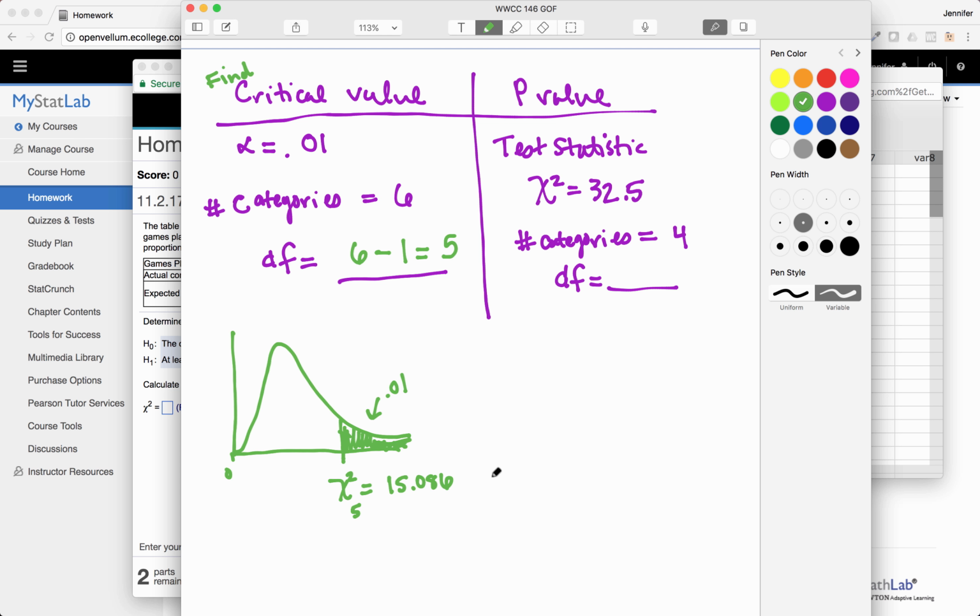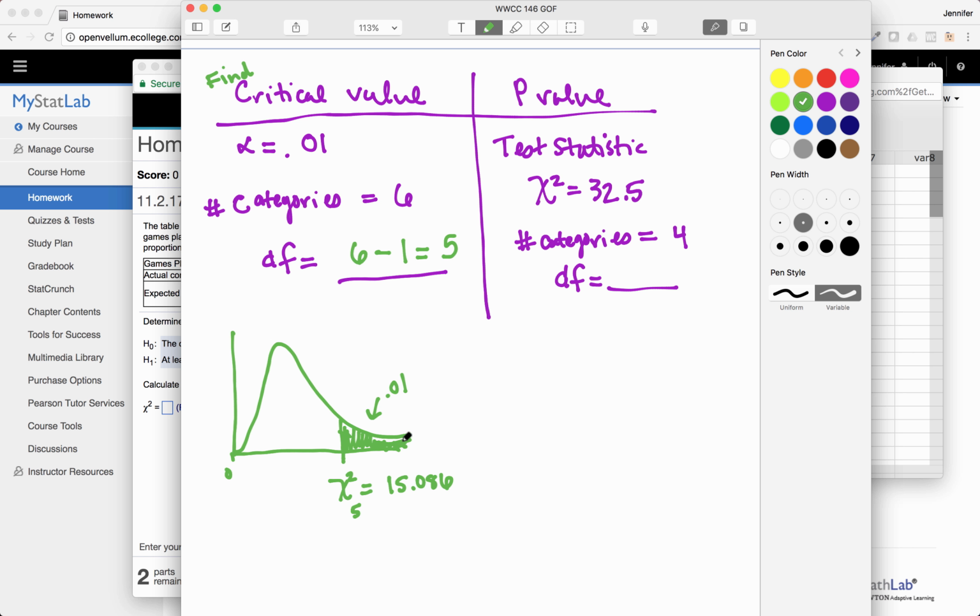So this is our critical value. You'll notice that the scale is wildly different than what we saw with the normal and the t-distribution. It's none of this -3 to +3 business. The chi-square values go from 0 up into the 20s, 30s, 50s, all depending on what your degrees of freedom are. So in this case, any chi-square value that is 15.086 or larger would cause us to reject our null